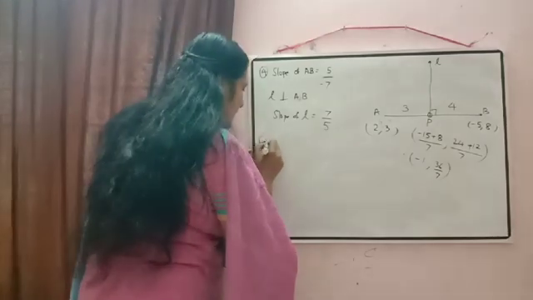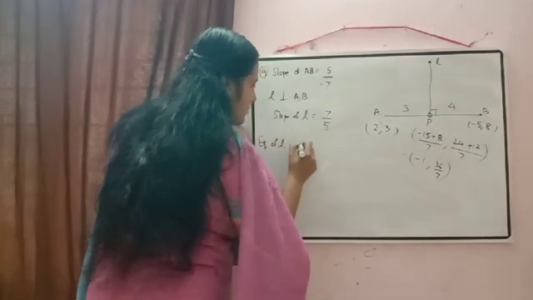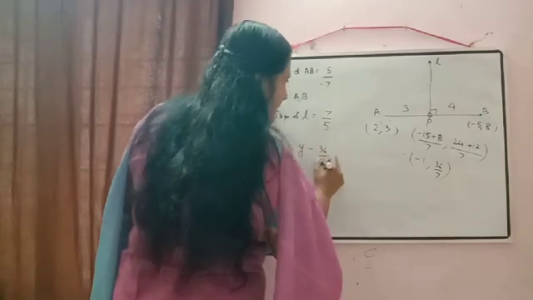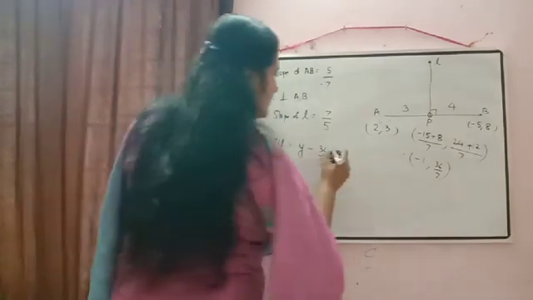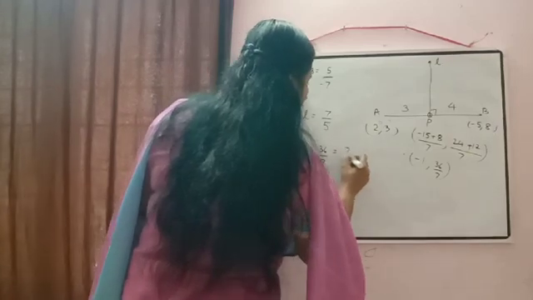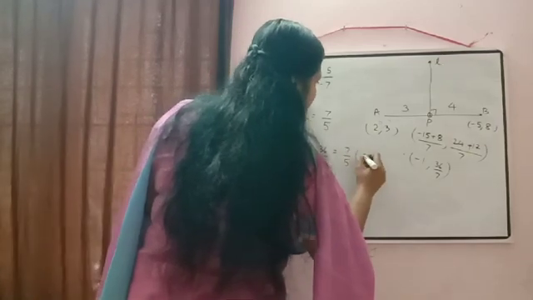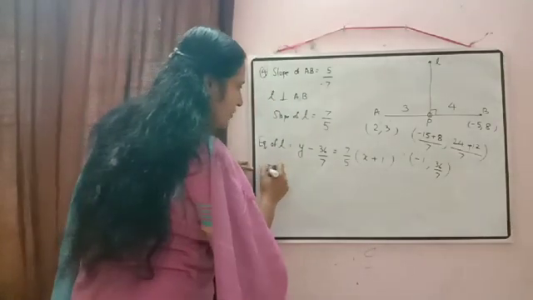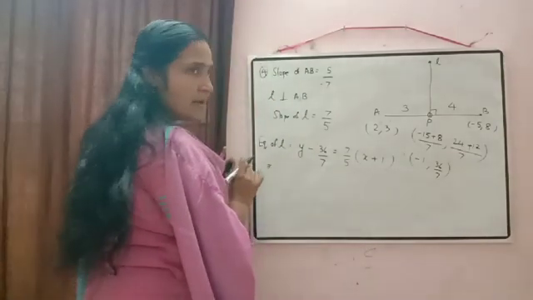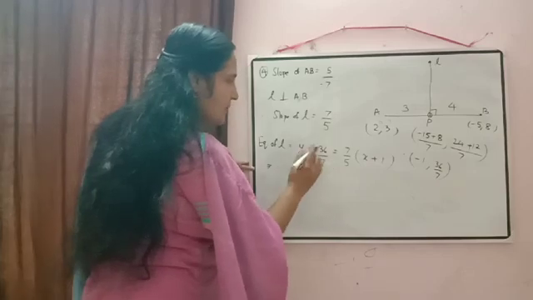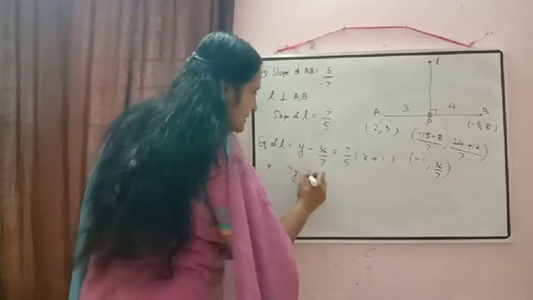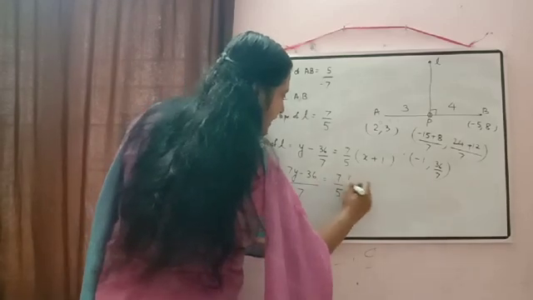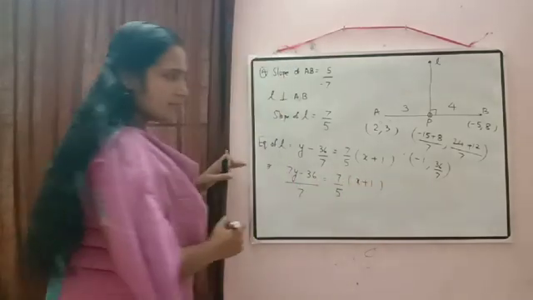Now we have the point also and we know the slope also. So write down now the equation of L. According to the formula, y minus y1, in place of y1 we have 36 by 7, is equal to m, 7 by 5, into x minus x1, so x plus 1. Now here if you want you can shift this expression here. Before that you can do the cross multiplication here. Then we will get 7y minus 36 by 7 is equal to 7 by 5 into x plus 1.